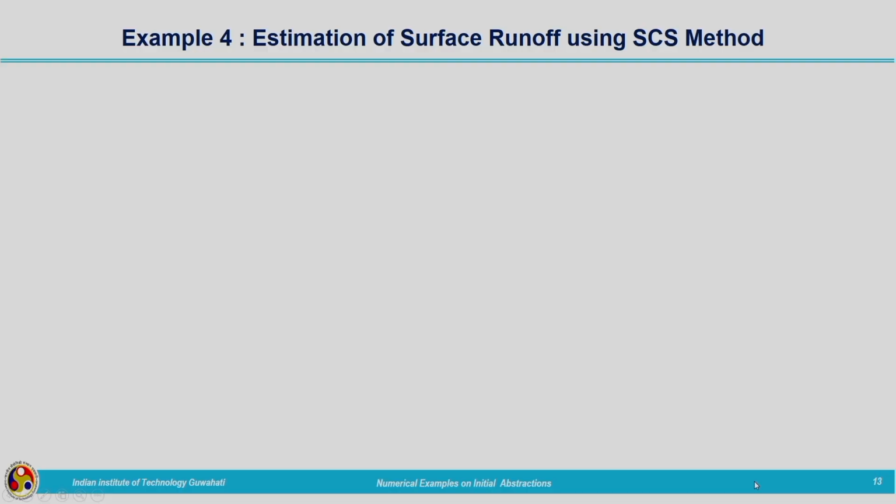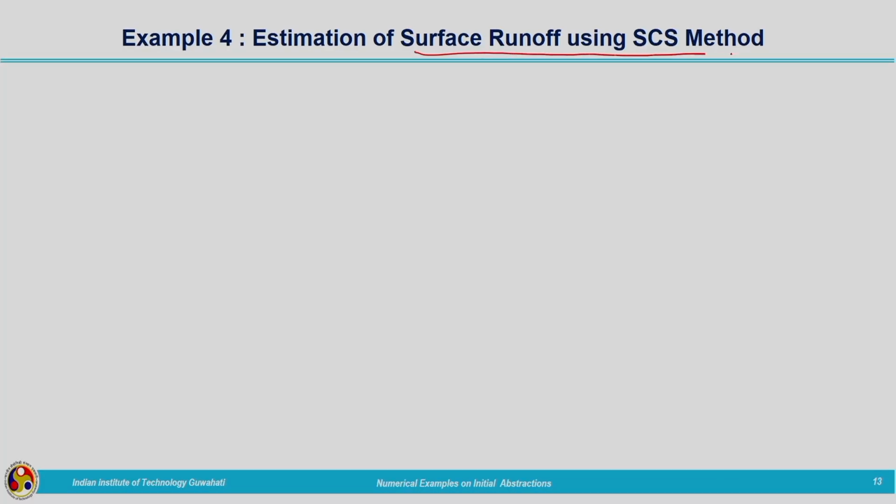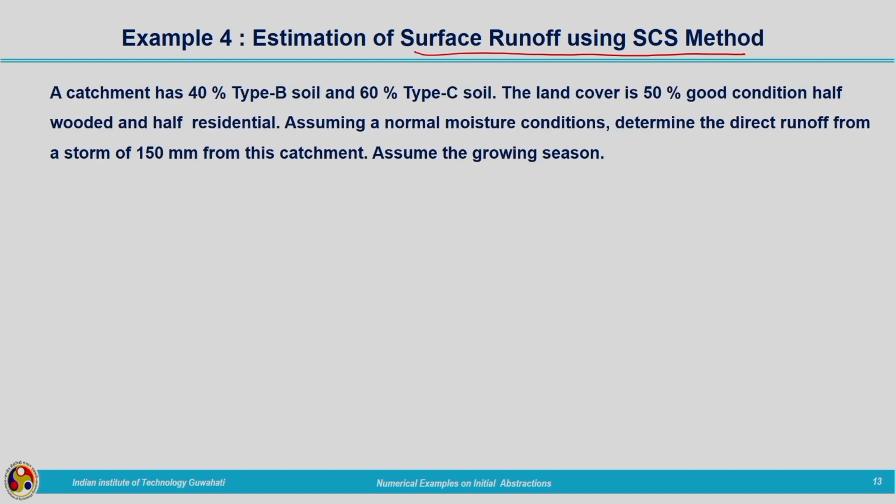Now, let us move on to the fourth example. It is related to estimation of surface runoff using the SCS method, that is, our SCS curve number method. The question is: a catchment has 40% type B soil and 60% type C soil. The land cover is 50% good condition, half wooded and half residential. Assuming normal moisture conditions, determine the direct runoff from a storm of 150 millimeters from this catchment, assuming the